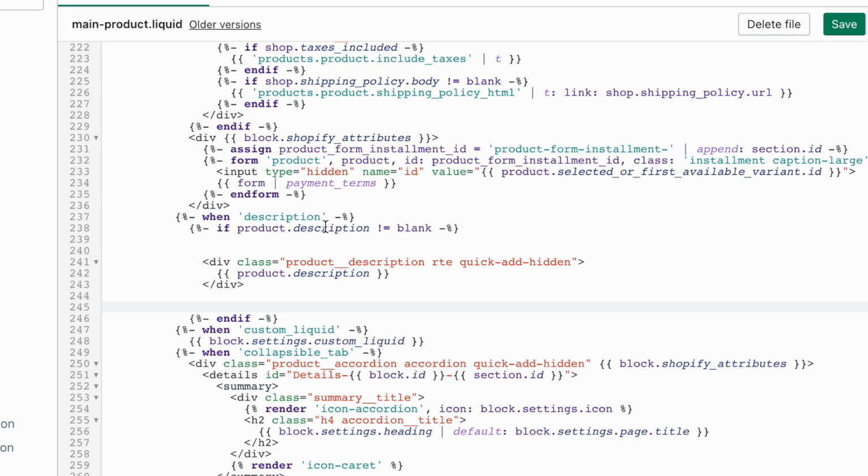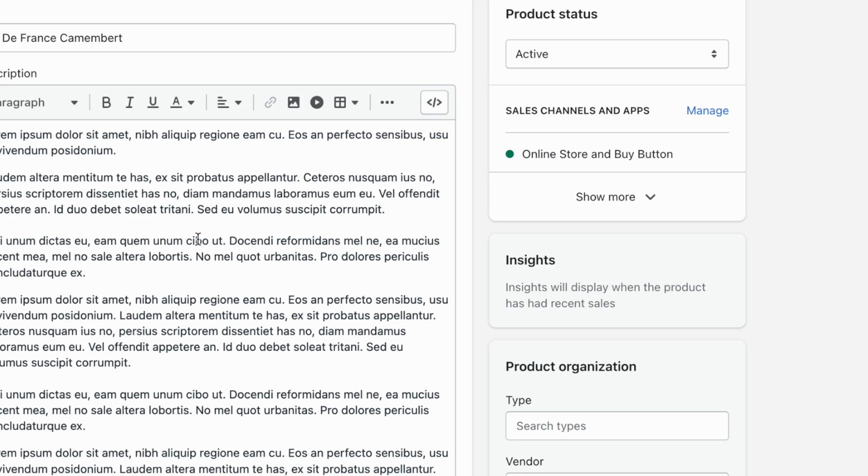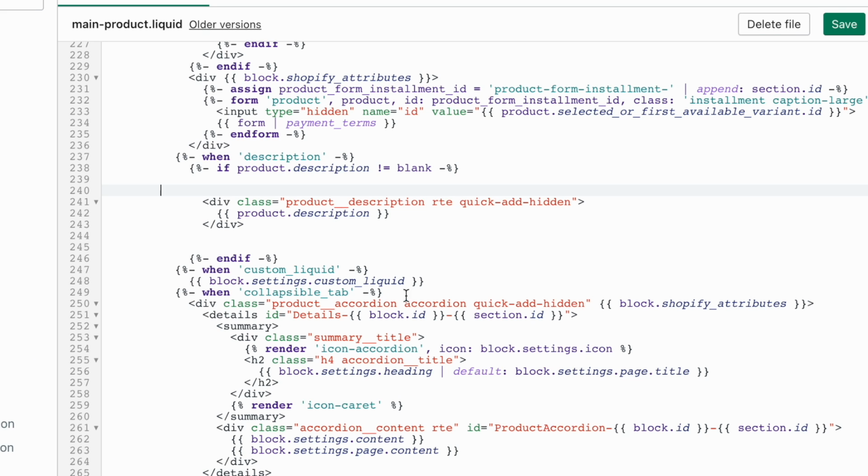This just says that if the description is not blank, then we're going to output something. Obviously, if it is blank, then we don't want to output anything if you haven't actually filled out your product description. All right, so now that we've nicely separated our code and we can see what we're working with today,